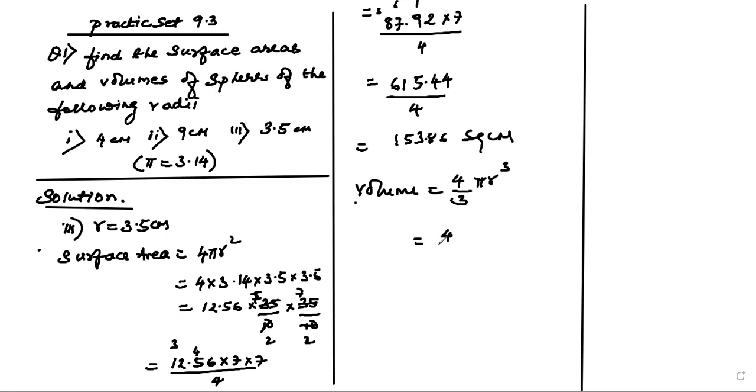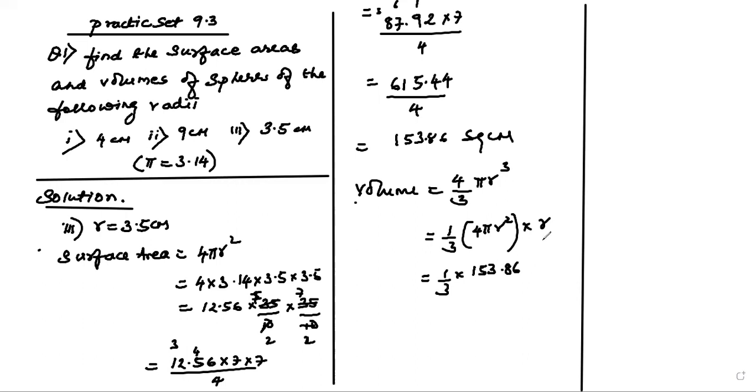4 upon 3 into 3.14 into 3.5, oh, no need of doing it like this. Why? I just now remembered we have found out the surface area. Whenever the surface area is there, I told you, I write 4/3 pi r cube like this: 1/3 into 4 pi r square into r. Got it? Now look here, when you multiply this 4/3 pi r cube, now what happens? 1/3 into what I get,